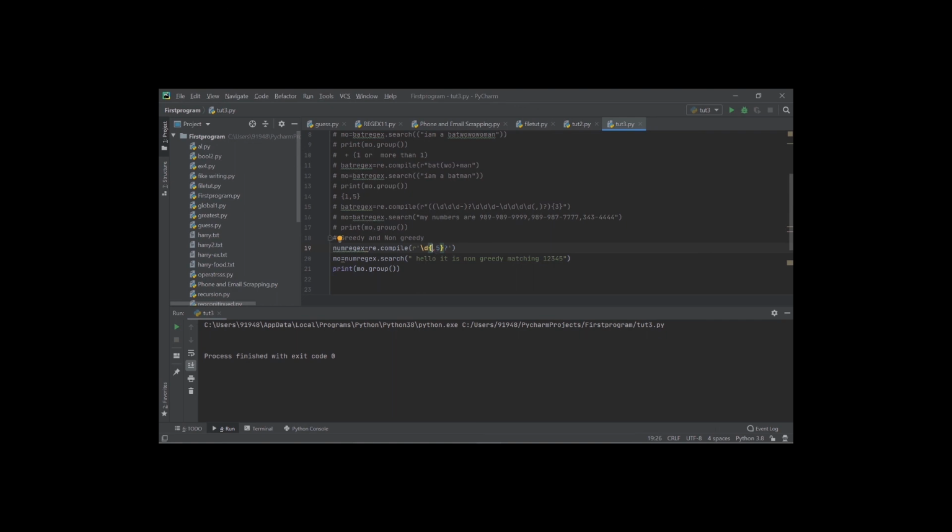And if I give here 1, and if we have not given anything in the second place, then it means the maximum. Wait, I'll remove this question mark. It means find the maximum, it can go up to infinity. If I write 6 7 8 9, then 6 7 8 8, then it will match each and everything.